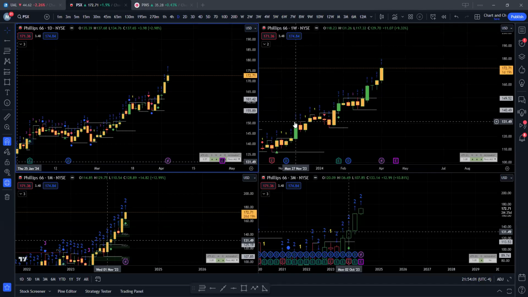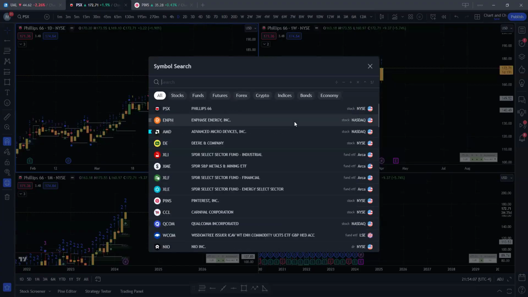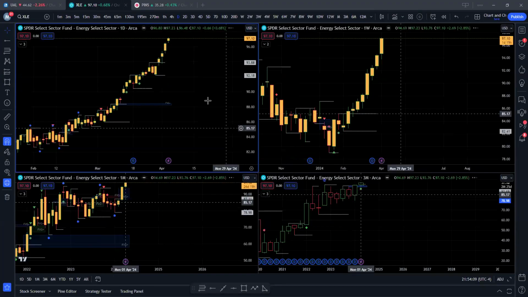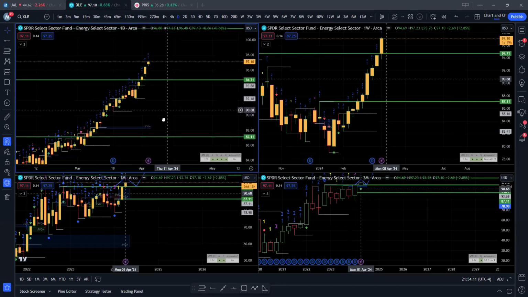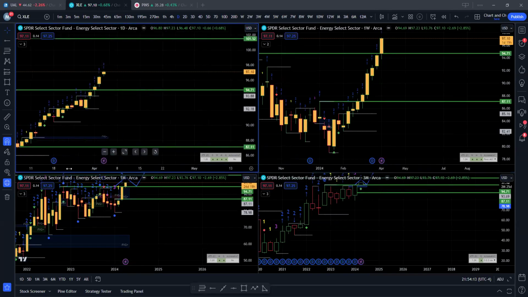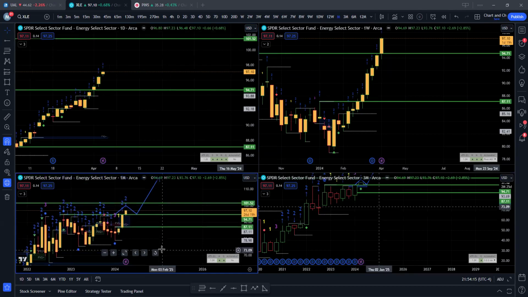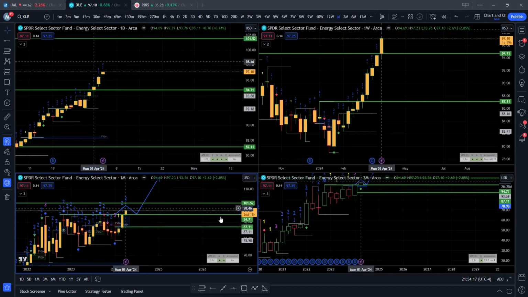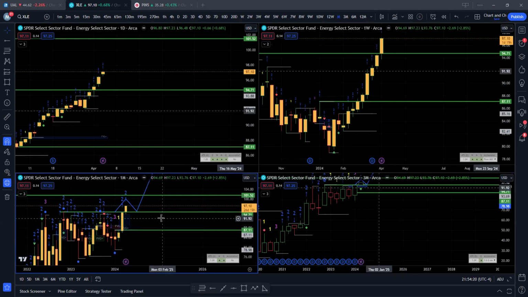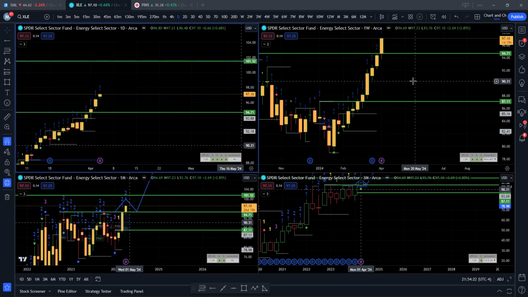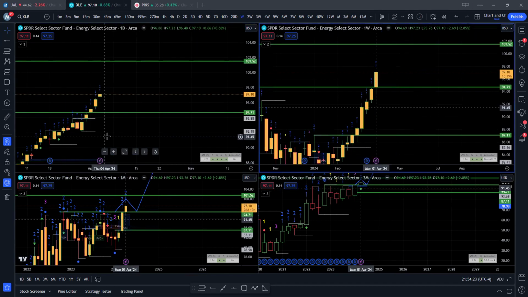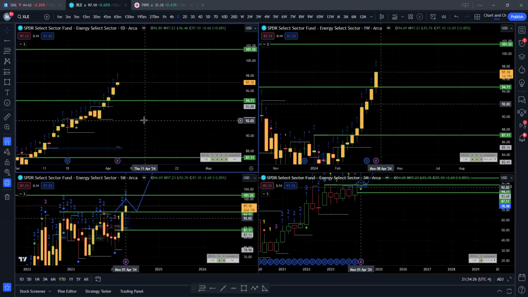So let's go over the oil real quick, right? I know Oxy was already popping off. No problem, Bama. I know Oxy was already popping off, but actually, first I want to show you, this is how you can find plays, right? The sectors are going to tell you where the money is flowing, right? I'm going to leave that there because that's a part of my theory. But yeah, as you can see, oil is just